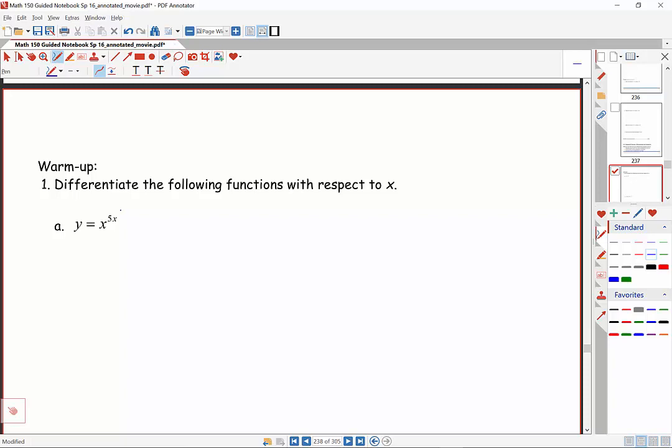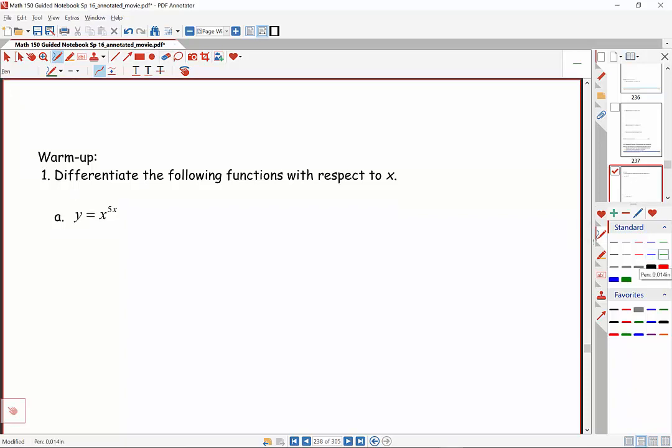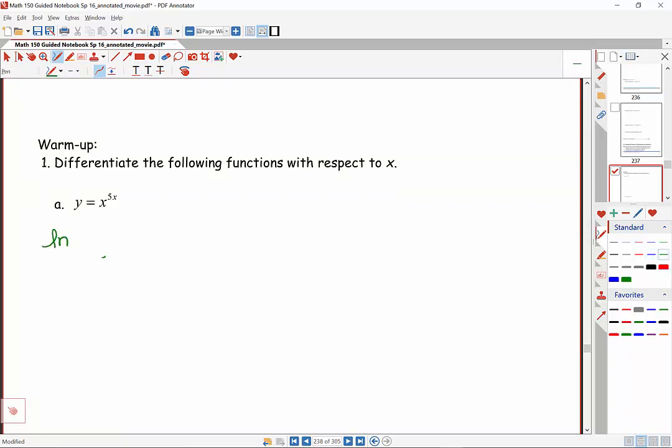Okay, let's see how you did. Well, as I hinted at, with this one, what we're going to want to do is natural log both sides of the equation. So we'll have natural log of y is equal to natural log of x raised to the 5x. Rewriting, we will have natural log of y is equal to 5x times natural log of x. So now differentiating both sides with respect to x,